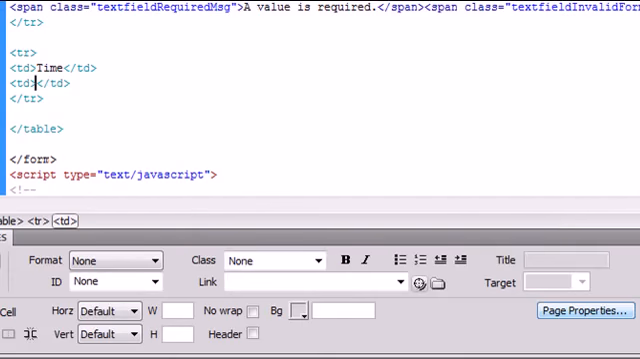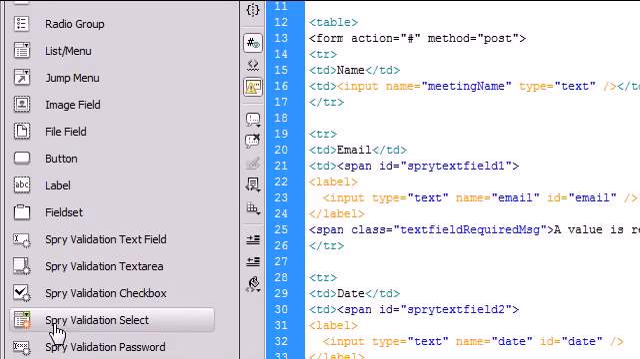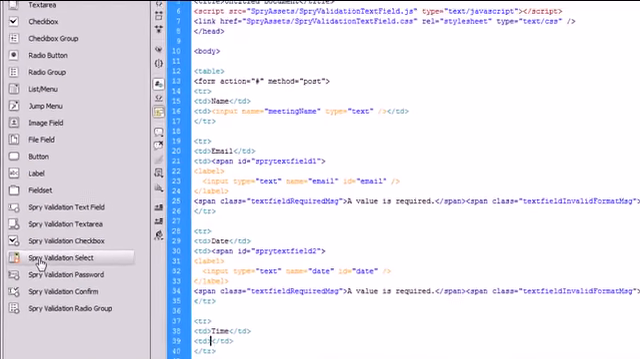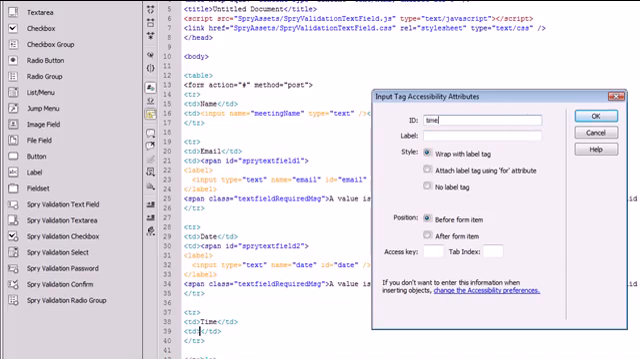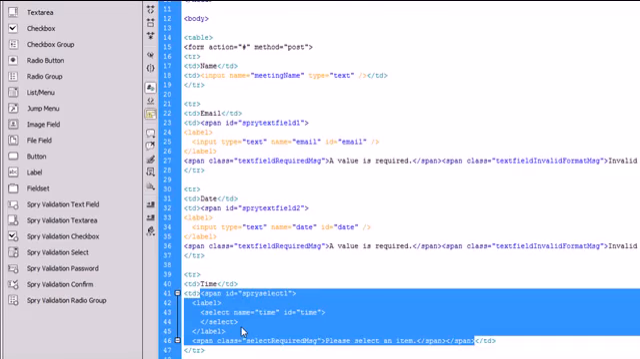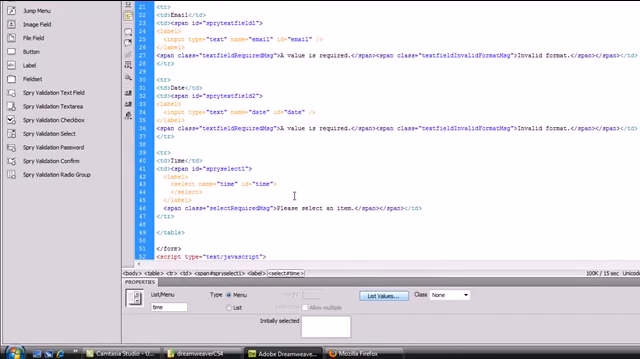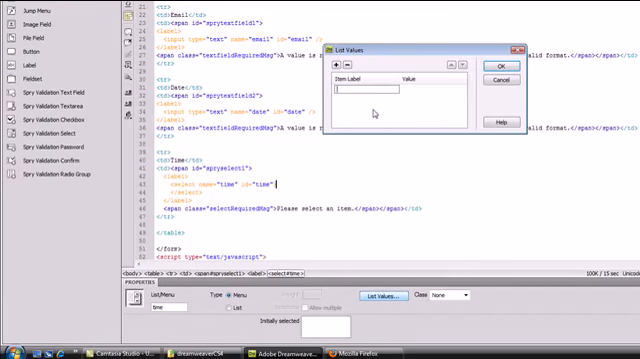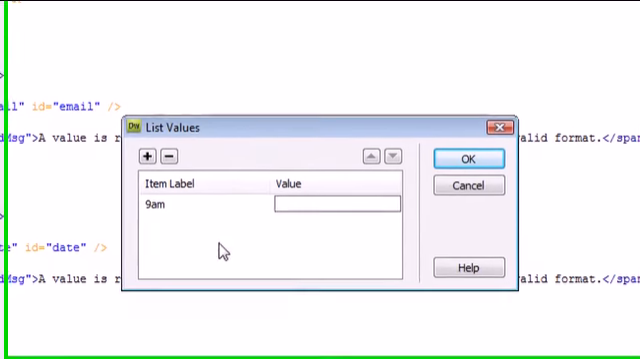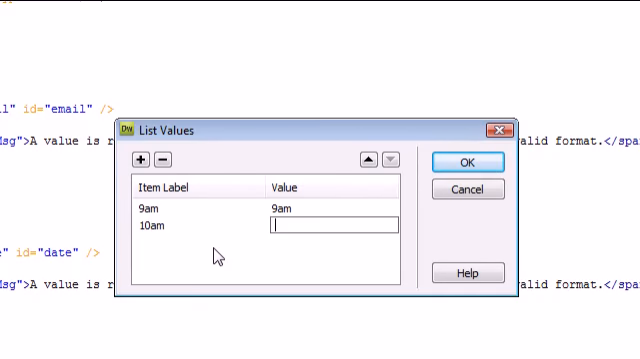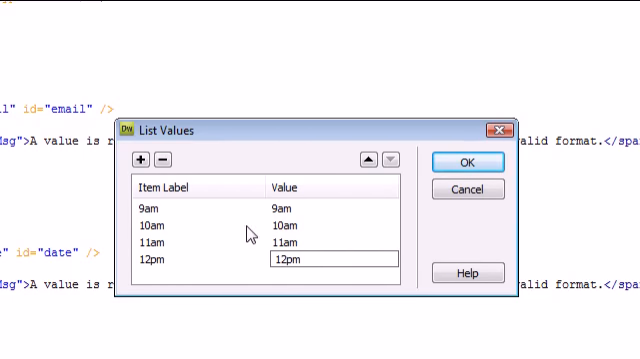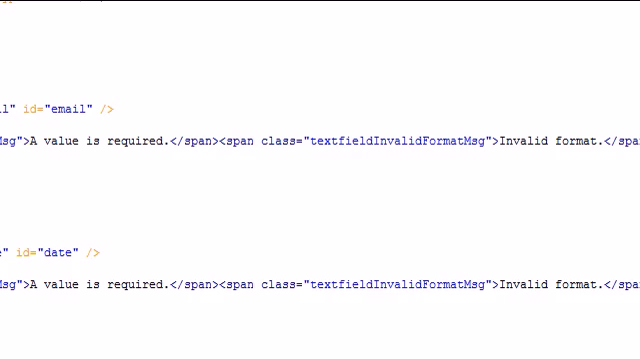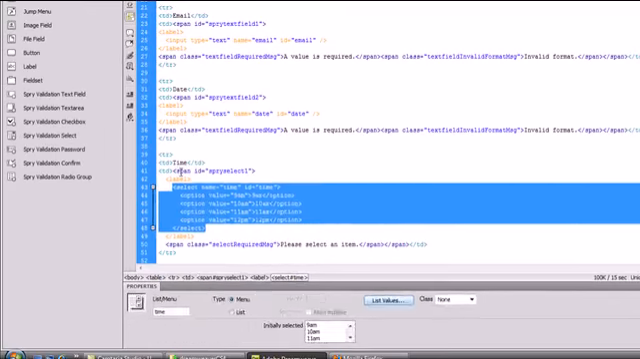And lastly, we're going to give the user the ability to select a time from a drop-down list. So to do this, we're going to click on Spry Validation Select. We're going to give it an ID of time, and we're going to say OK. And that has created our select tag for us, and so we need to actually add some list values. We're going to start, say 9 a.m., 10 a.m., 11 a.m., and 12 p.m. There we go. Okay, so now we have some options inside of our select menu,